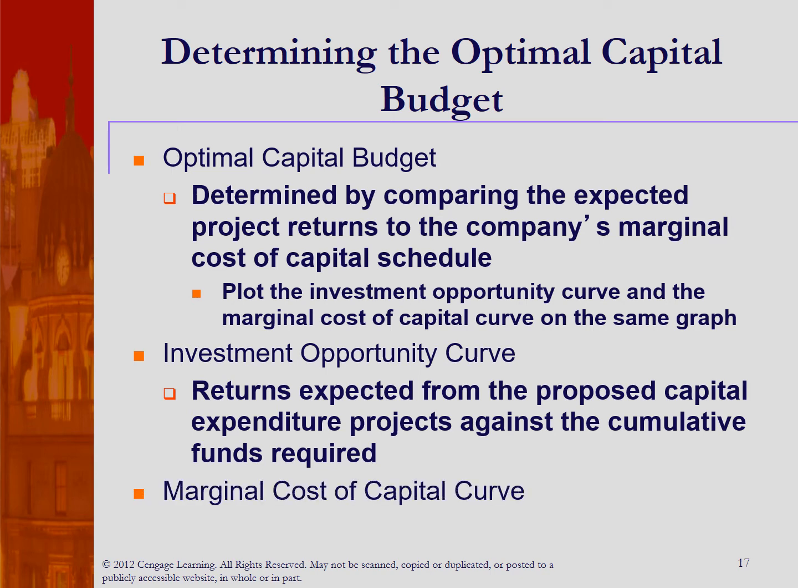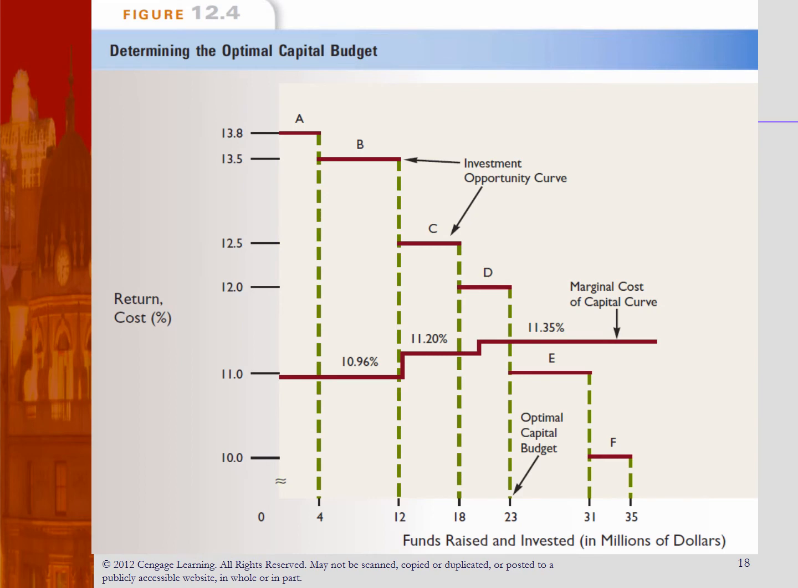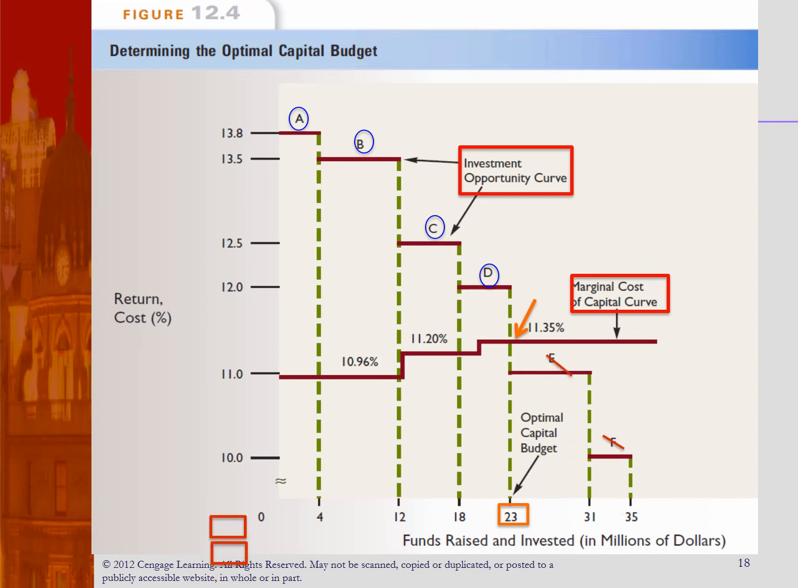The marginal cost of capital curve shows the marginal cost against the cumulative funds invested. The optimal capital budget is the point at which the investment opportunity curve and the marginal cost of capital curve intersect. That is, based on this graph, the optimal capital budget totals $23 million and includes projects A, B, C, and D. The firm should not include projects E and F because the expected returns are below the marginal cost of capital